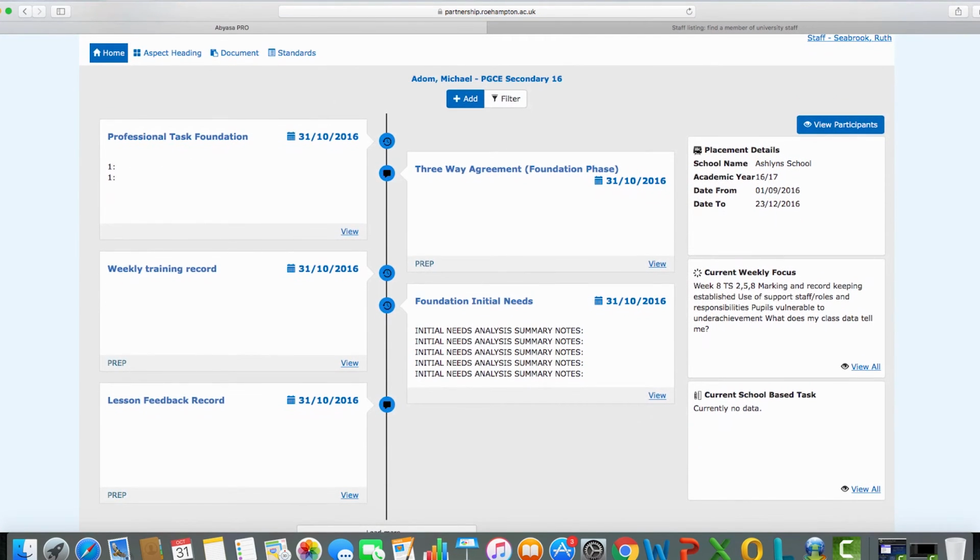range of different things showing up on the timeline. So each week we should have a weekly training record. We could have a lesson feedback record if mentors are going to do it online. If you want to do it on paper, that is absolutely fine. You need to go onto the partner site to download it, and then that can be uploaded as an attachment to the weekly training record in the same way as shown by going into the aspect heading and going to